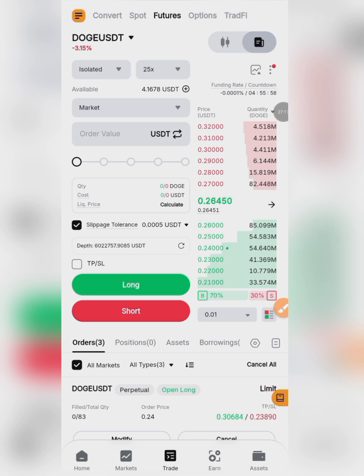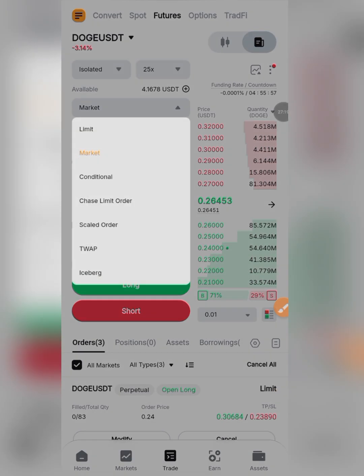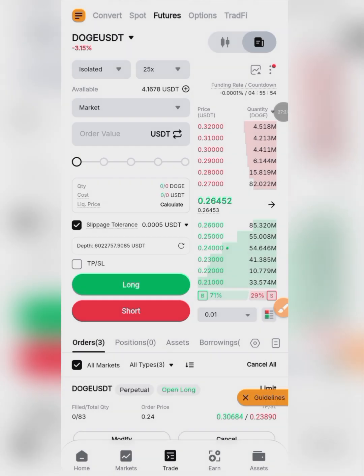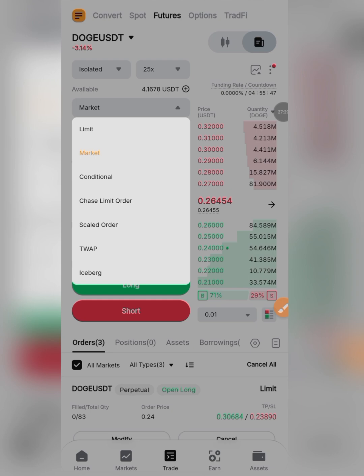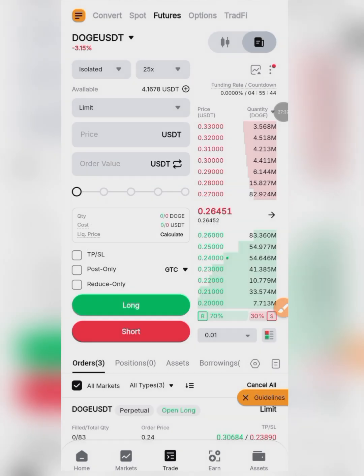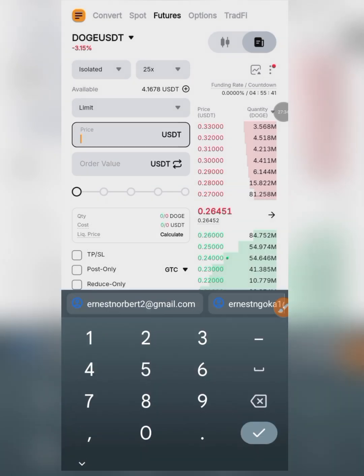But if you want to say, okay, no, I want this market to drop to, like, let's say 0.25 or 0.22 before buying this Dogecoin, then you will come here and click on limit. You're telling him this is the limit I want. Then you now put in the limit you want,